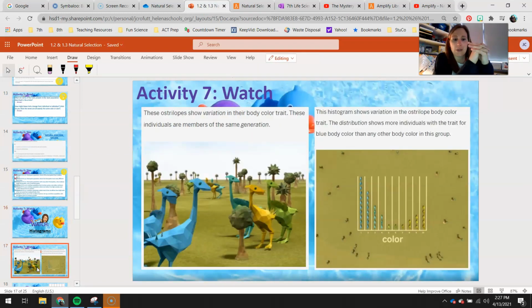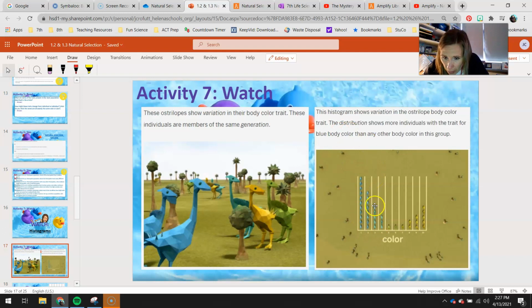Okay, so just to go over these really quick with you guys, you added some vocab, and I just wanted to talk about that vocab. You learned a little bit about it in the histograms video. These organisms right here are called australopes. They show variation in their body color trait. These individuals are members of the same generation, so they're existing and living at about the same time period. This histogram shows variations in the australope body color trait. The distribution shows there are more individuals with the trait for blue body color than any other body color in this